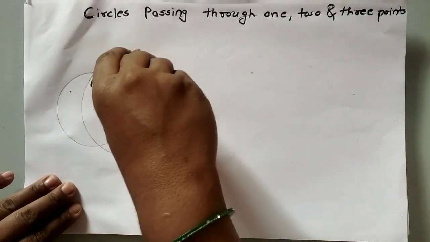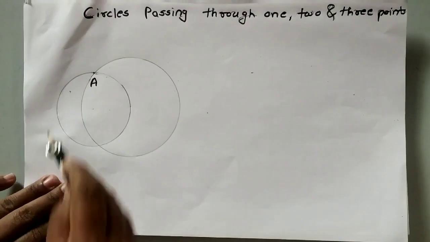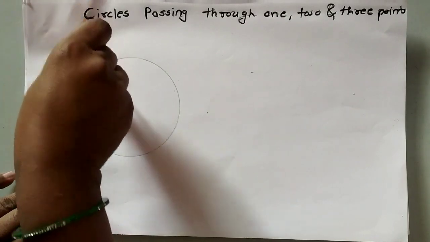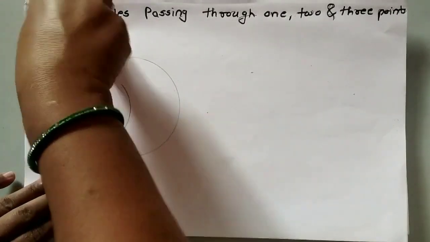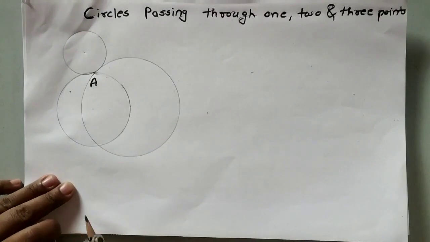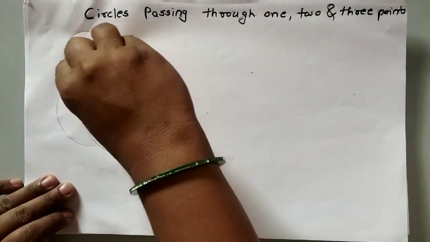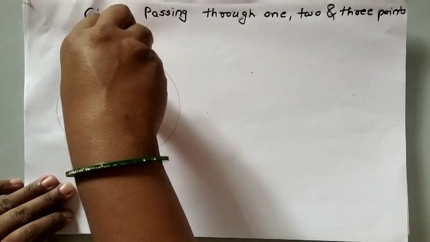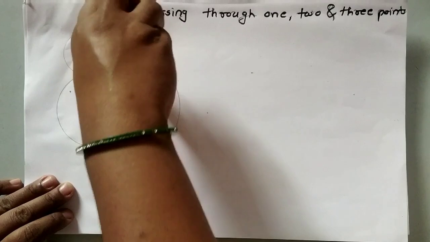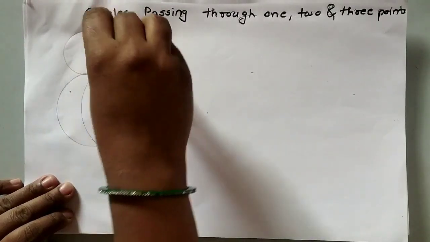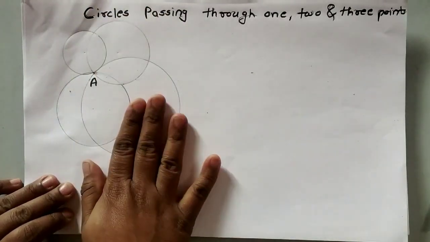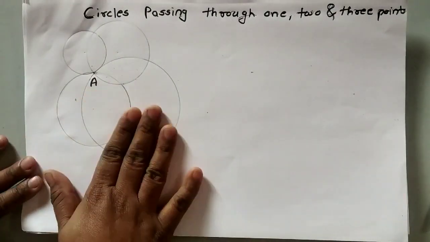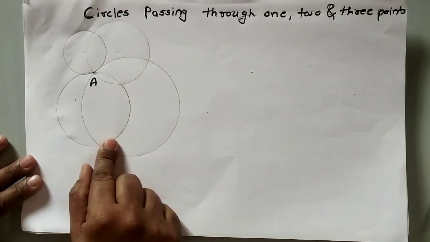Another circle is also passing through point A. If I take one more circle here, here also we can draw the circle. Here also, if I take a different radius, we can draw circles passing through point A. So how many circles can we draw? Here I drew 4 circles, but we can draw innumerable circles passing through